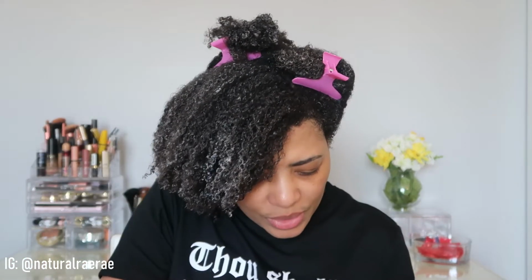First and then pulling it down. Okay, so far I'm not seeing a whole lot of white on my hair, so that's a good thing. So I think what I'm going to do is go ahead and just add this to the rest of these sections, give it a chance to soak in, because